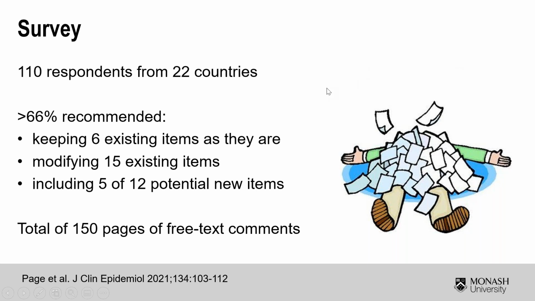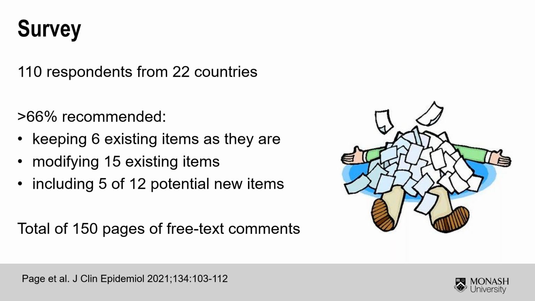Okay, so for the survey itself, as I said, we had 110 respondents, and the survey was asking for their feedback on all of the 27 items. And we found that more than 2/3 recommended that we keep 6 of the items as they were. More than 2/3 agreed that we should modify 15 of the existing items, and more than 2/3 suggested that we include 5 of